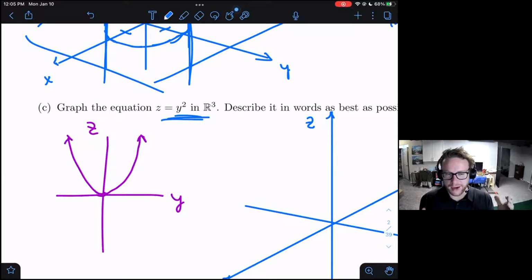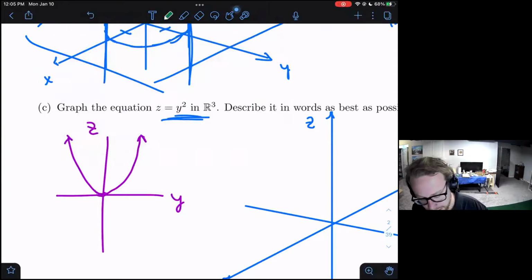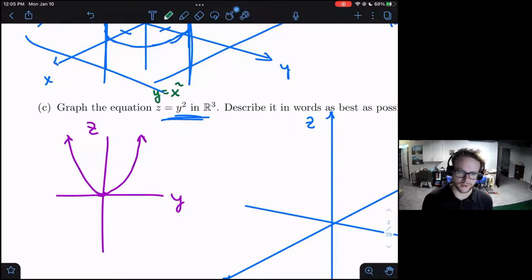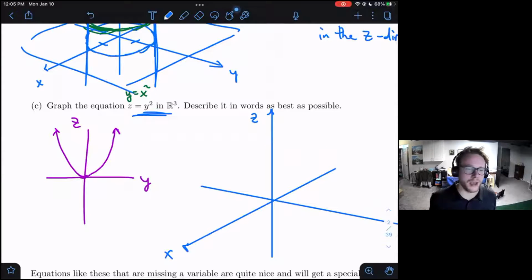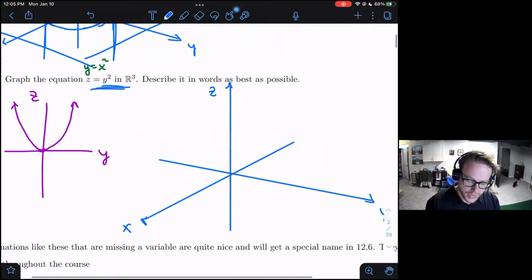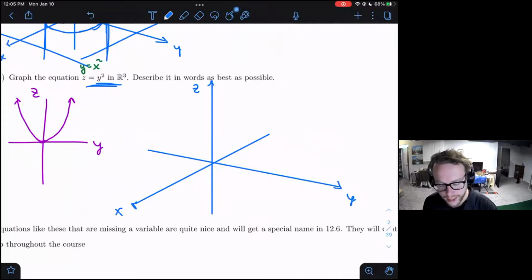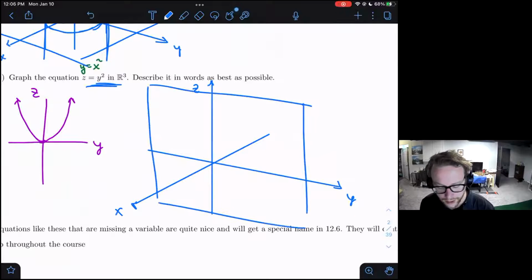And notice when I'm thinking about this, I'm kind of thinking about the old classic y equals x squared sort of deal, right? I know that this is a parabola that opens in this positive y direction. Here, things have been kind of jumbled around a bit though. Our independent variable is y and our dependent variable is z, right? Z equals y squared. And so you do have to rearrange things a bit awkwardly here in order to convince yourself that this is the way it should look. And so, yes, if we have x equals 0, that is, we're just in this yz plane right here, we would have a copy of this parabola.